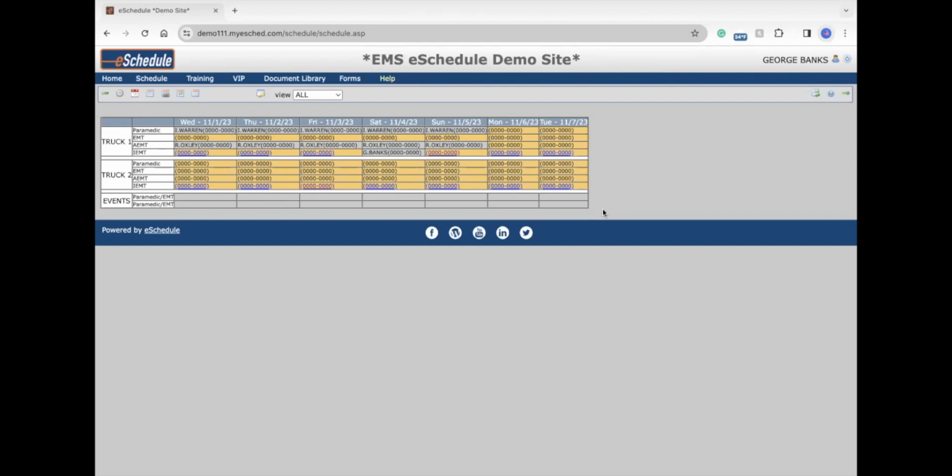The first one being shift bid, where employees can log on to the schedule and submit a bid request to work an open shift. An administrator would then need to access the My Bids report in order to accept or reject those requests. The second option is a direct sign-on method where employees can directly sign on to a shift